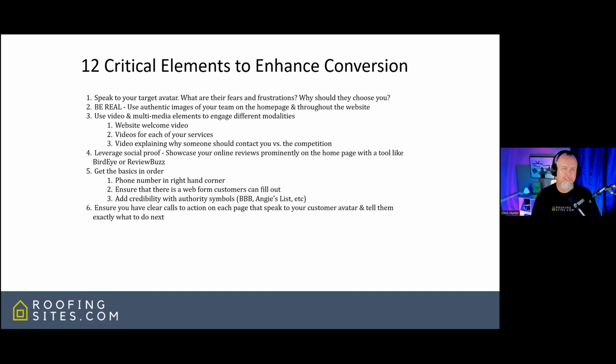Now, number 6, ensure you have clear calls to action on each page that speak to your customer avatar and tell them exactly what to do. This is one of the most important things that I have found in marketing in the past 20 years. Donald Miller, the author of StoryBrand, which is the framework that we use on all of our websites, says that these call to action buttons,